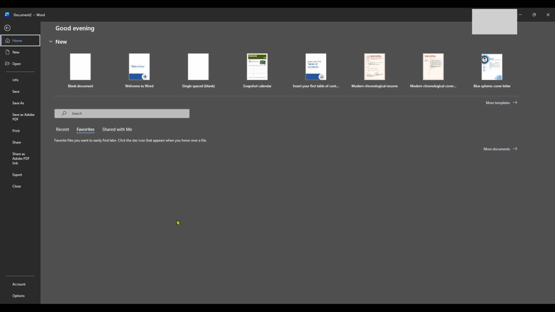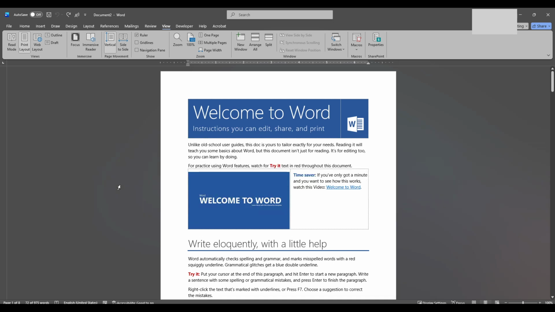Once you've got Word opened up, it's time to select a document you want to work with. Go ahead and locate the file you're interested in editing from your recent documents, or hit File, and then Open to navigate through your folders to find exactly what you need. Remember, it's always a good idea to make sure your document is saved beforehand, just so you can avoid any data loss while making changes.